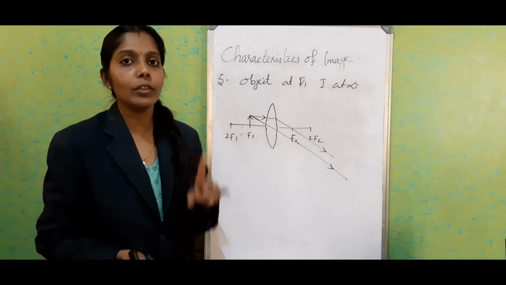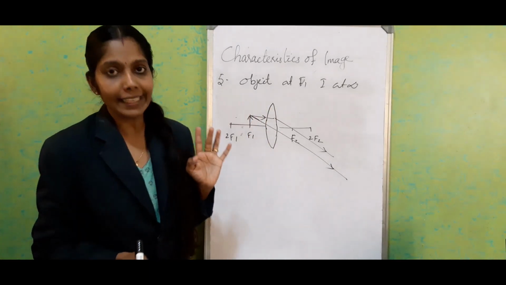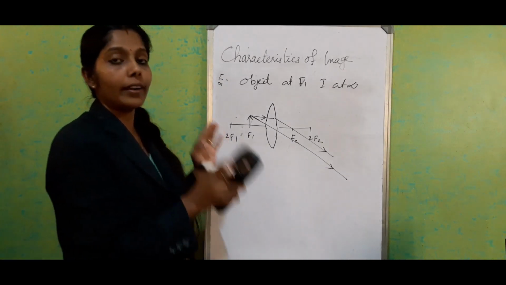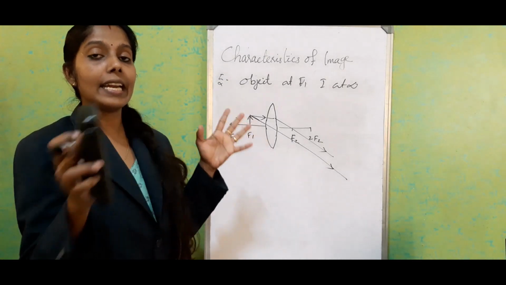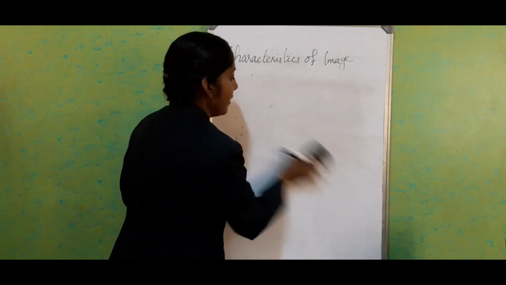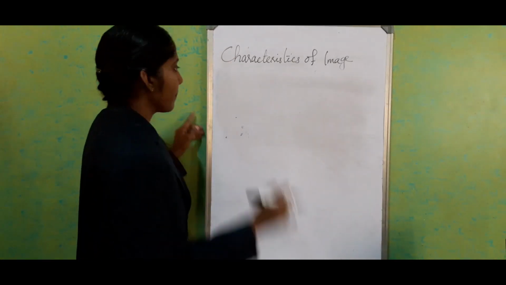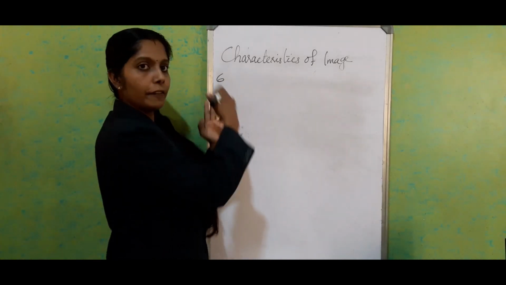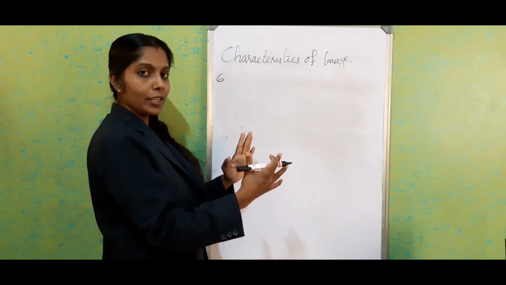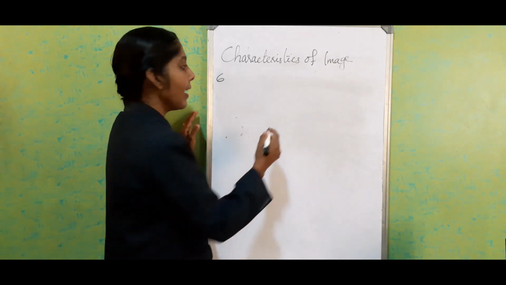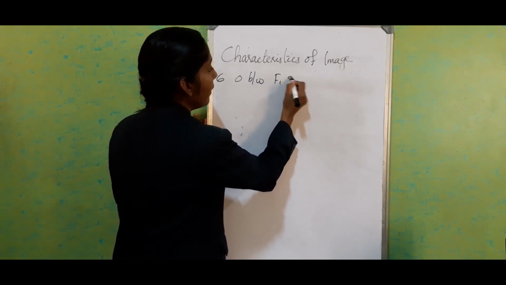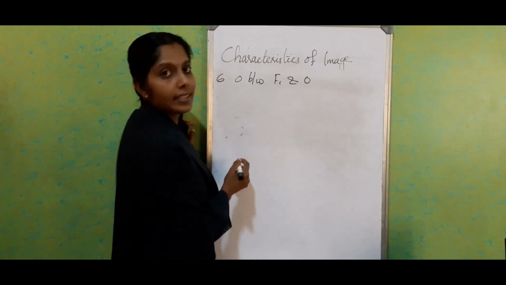Now we have one more case for the convex lens. That is our exceptional case. Till now we got real, inverted and enlarged images. Now we have an exceptional case, that is our 6th case. For the 5th case the object was at focus. Now the object is going to be between the optic center and focus. Object between f1 and optic center.